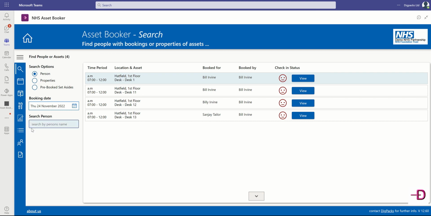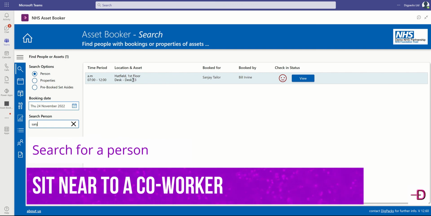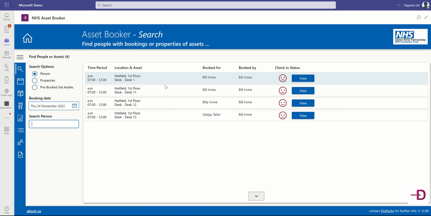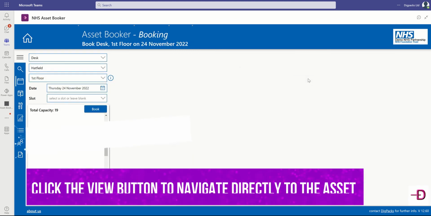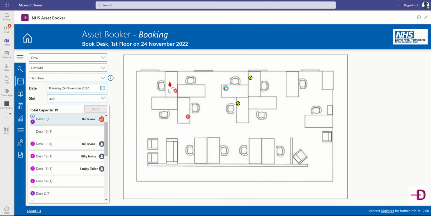We also have the ability to filter. Down here on the left of the screen, we can start to filter by people's names. So if we search for Sanjay's booking, I can see where Sanjay is today. He's at this location. And then that gives you the option, if I just choose this one, for example, the top record, I can click view. That will take me through to the booking, automatically highlighted and selected. And now if I wish to collaborate with Bill on a project, I can click the desk next to them and go and book, for example. So going back to search,